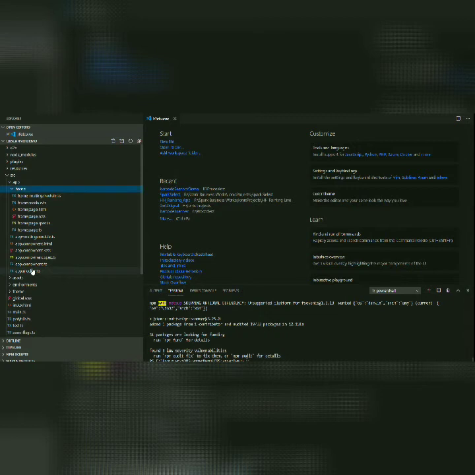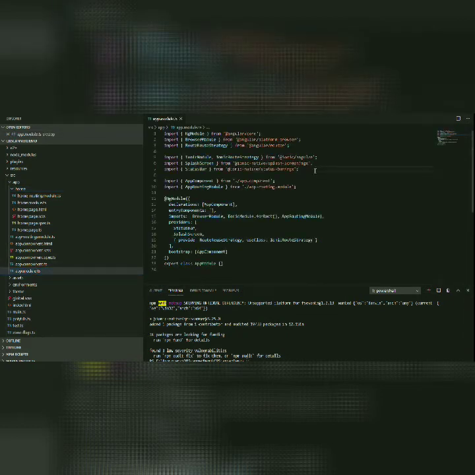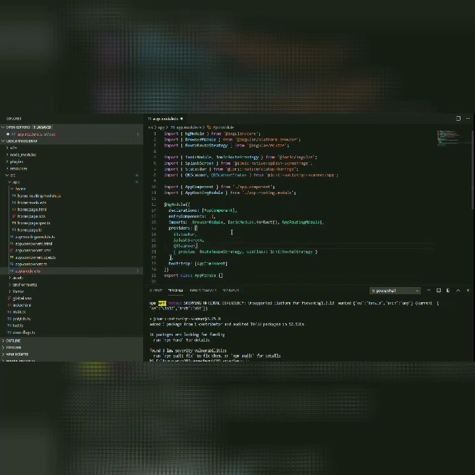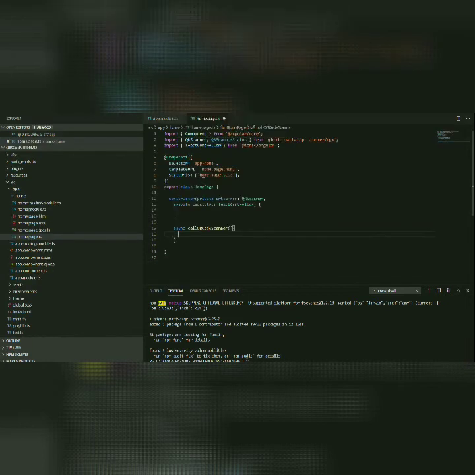It is done. Now open app.module.ts. We have to add the class here for QR scanner. So import the QR scanner ngx plugin and its class QR scanner status, and we have to include provider for QR scanner. So here we are going to write QR scanner for provider. Now we are ready to move forward with the project.